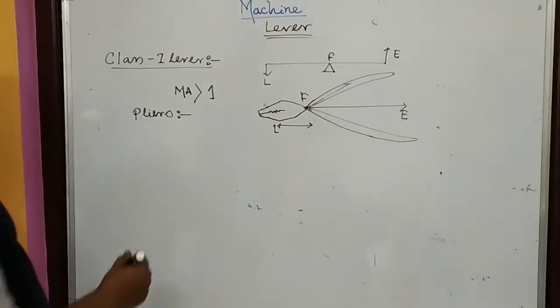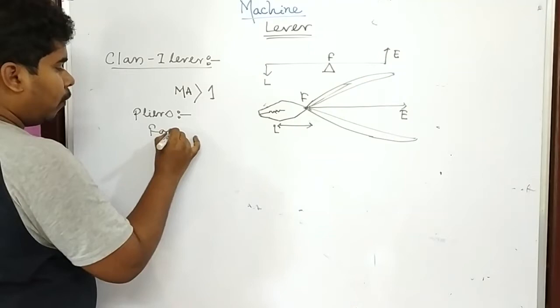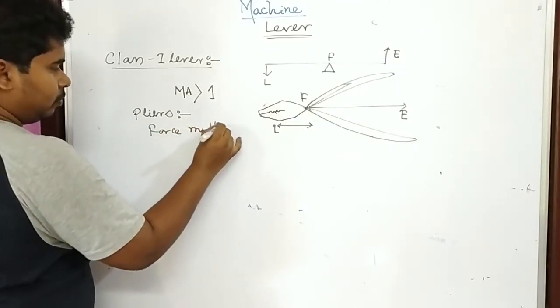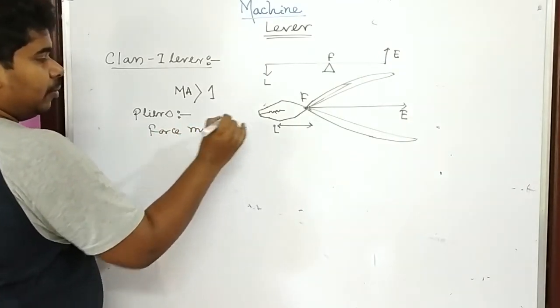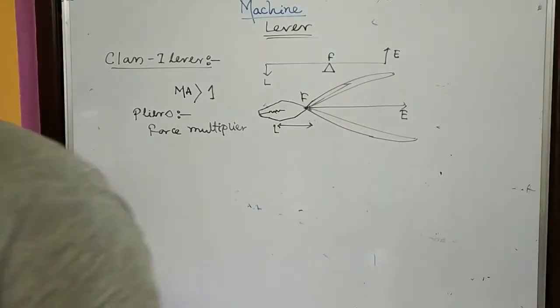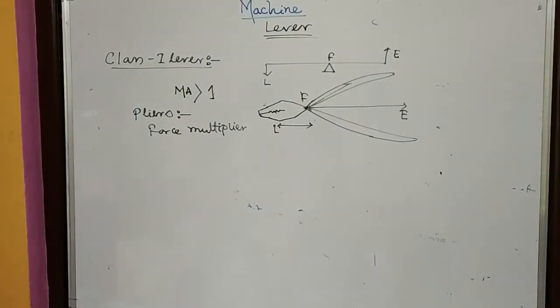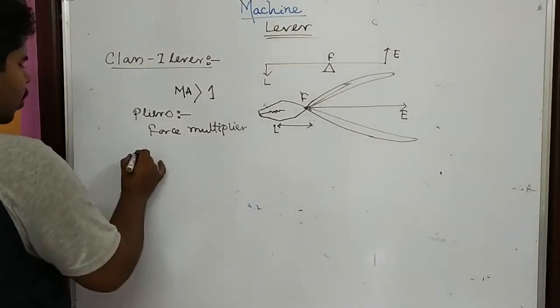And it signifies that it is acting as a force multiplier, because it is not possible to cut a metal wire by hand, but using pliers we can cut it very fast, because here it is used as a force multiplier. That's why by applying less force we can generate more force there. But if I am talking about a scissor,